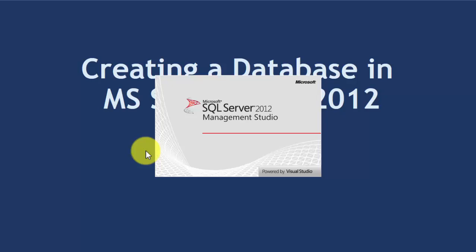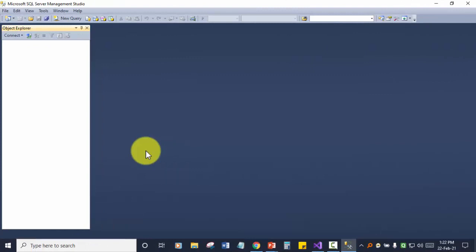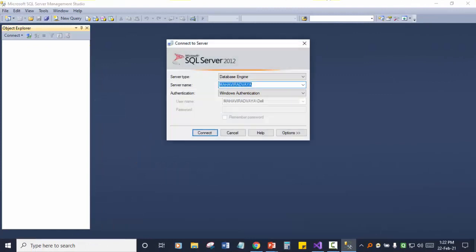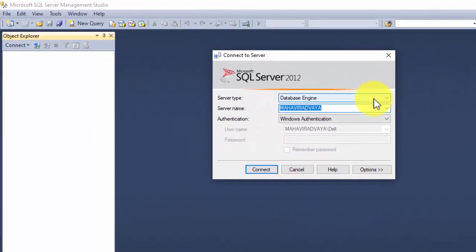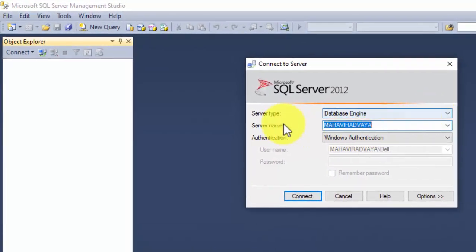The SQL Server 2012 Management Studio is starting. This is the dashboard of SQL Server 2012 Management Studio. So the application has opened. You will see the very first window, Connect to Server, wherein you will see the server type. We are using the database engine. The database engine allows you to deal with the databases. Then the server name. This is nothing but the name of your computer